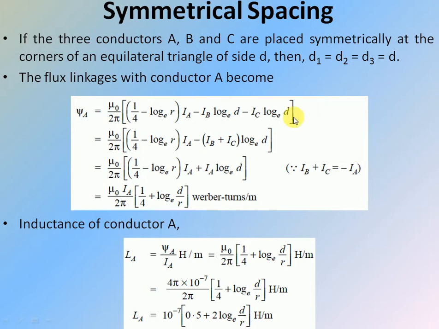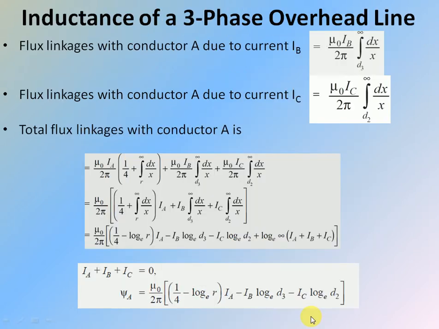Next we are going to see the case of symmetrical spacing. In the case of symmetrical spacing, I have already told that the distances d1, d2 and d3 are one and the same. So these three distances d1, d2, d3 can be equated to a common distance d. In this relation, if you make the substitution for d3 and d2 as d,